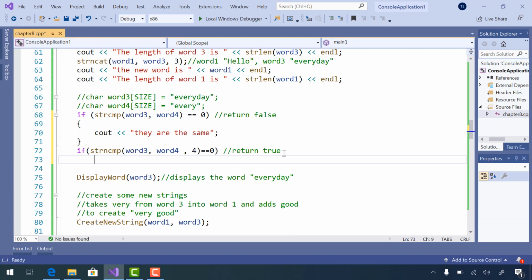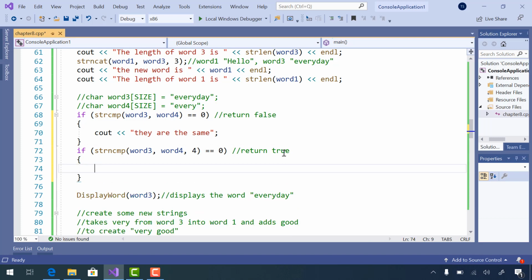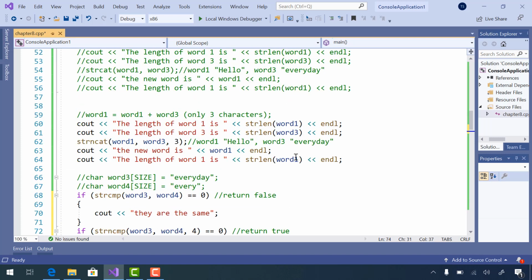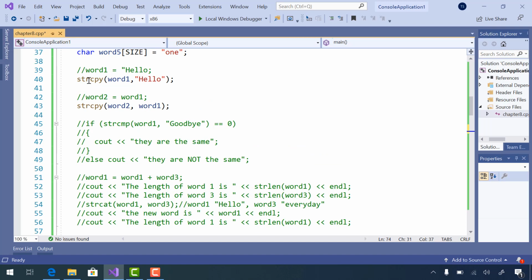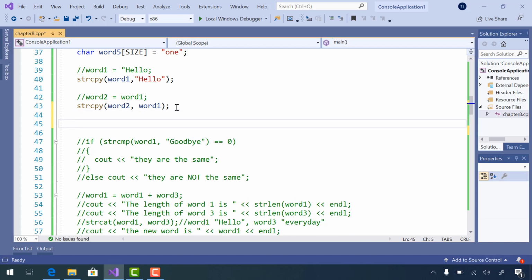The only one I did not cover in this video is strncpy. Strncpy will copy from one string onto the other. Well, we'll do it really quick. Okay, so here's strcpy. Now, if I wanted to just do strncpy,